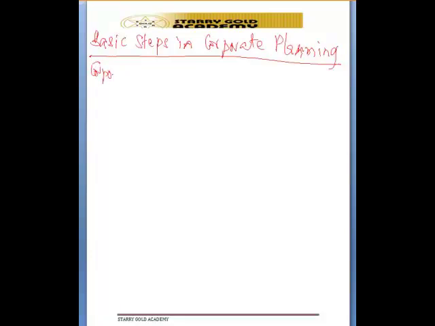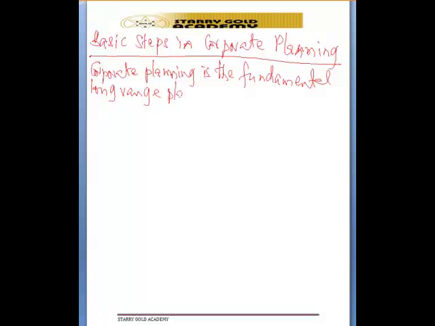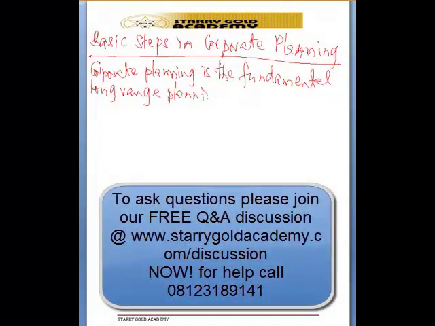Corporate planning is the fundamental long range planning process